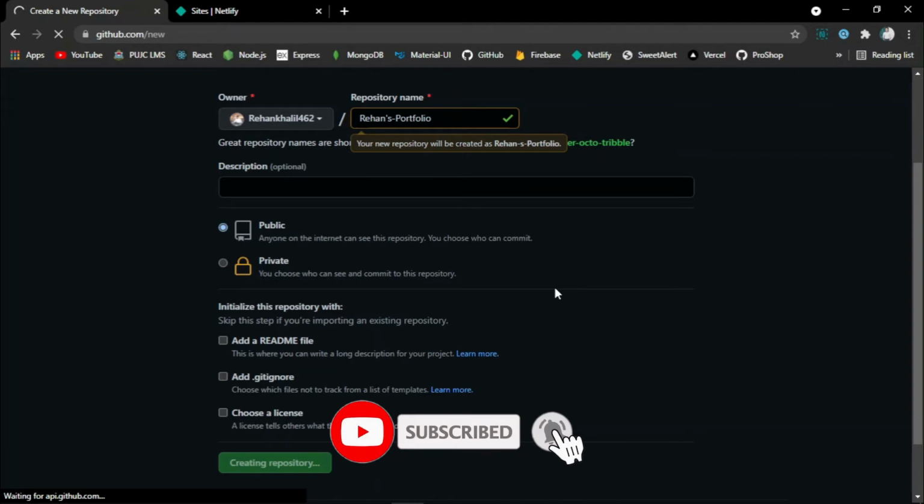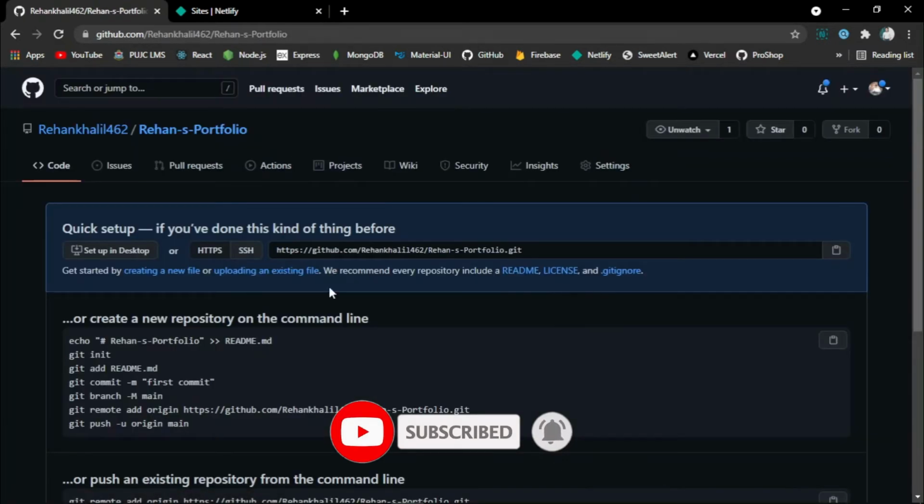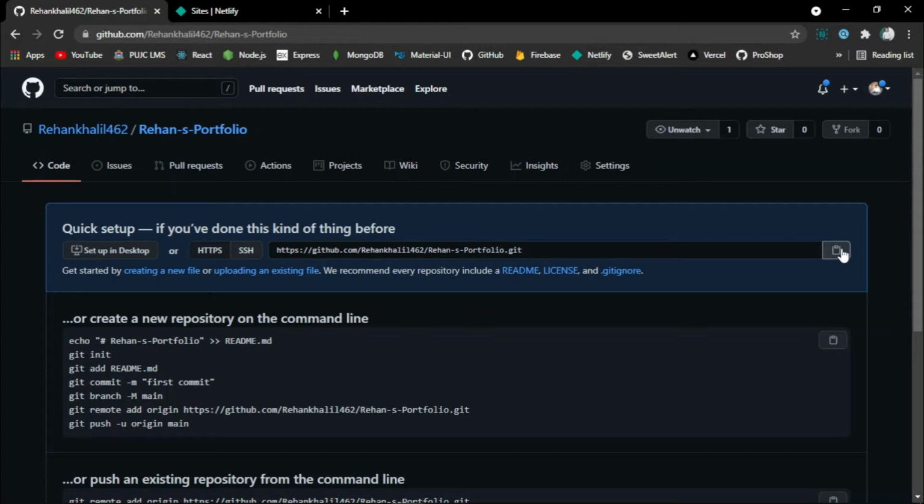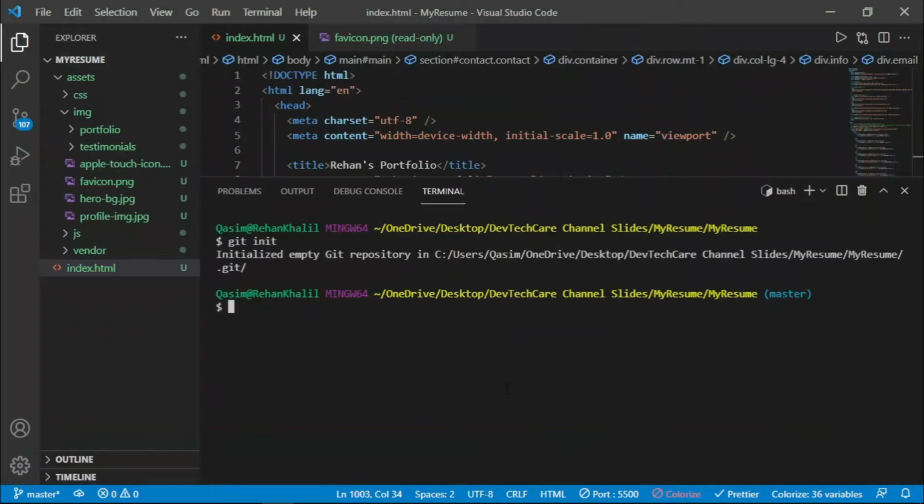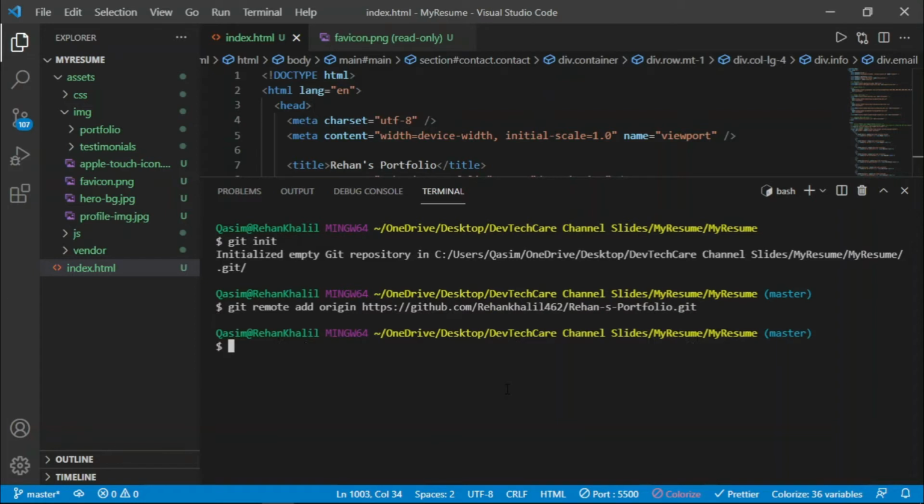After that, just copy this HTTP address and come back to your VS Code editor. Now here, just write git remote add origin and paste your HTTP address which you have copied from your GitHub repo, and press enter. This will link this project to your GitHub repo.